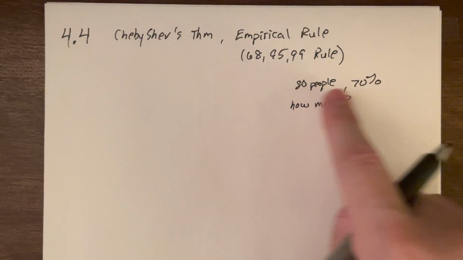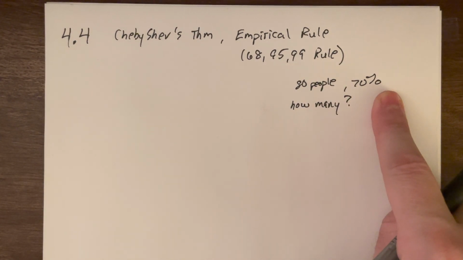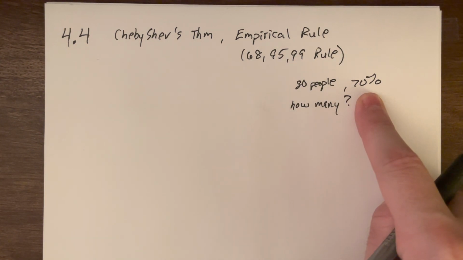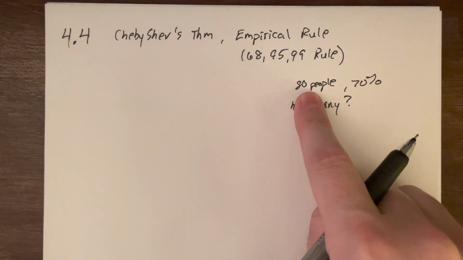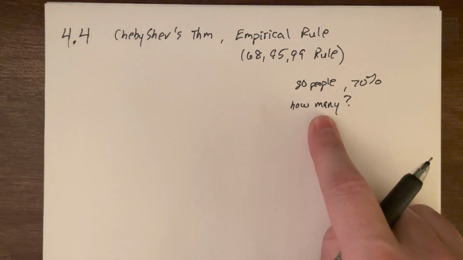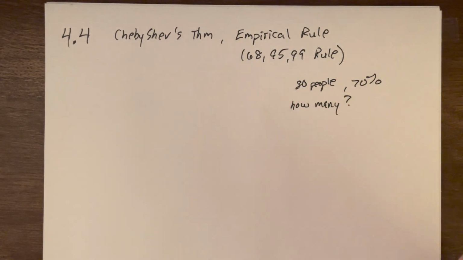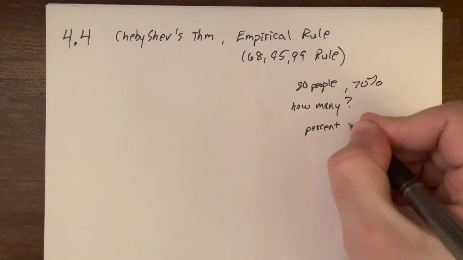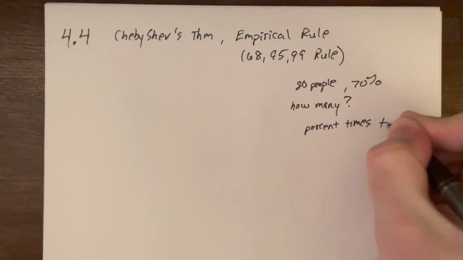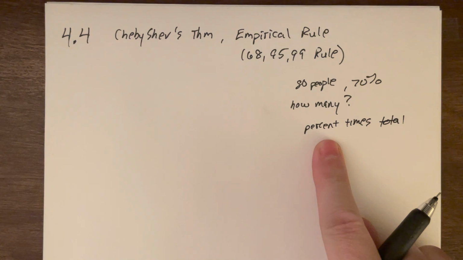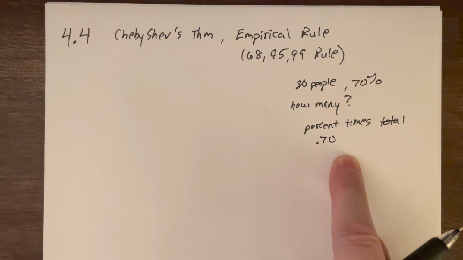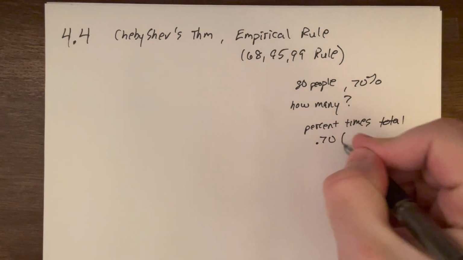And again, that's just one example. It doesn't matter the stimulus package, any other example. If I know 70% of a particular group are currently in college, well, then I grab 80 of those people. How many of them should I expect to be in college? So the way to get this how many is always to just look at the percentage times the total. So here, 70%, we would treat as the decimal 0.7 times,